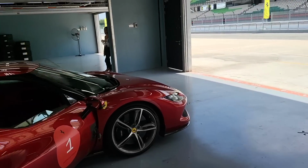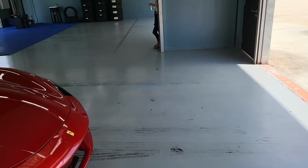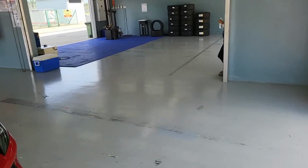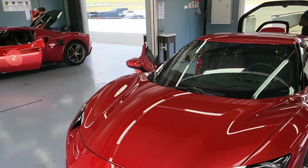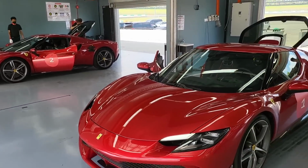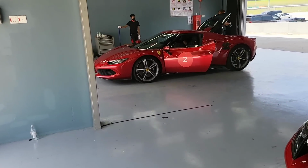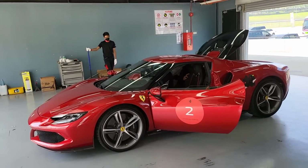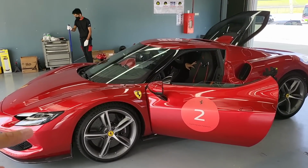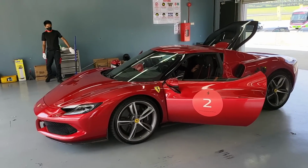First off, let me get this off my chest. It doesn't feel like a track car. If you're expecting this car to behave like a Porsche GT3, no, it will not. It's not a Porsche GT3, it's not a GT3 RS kind of car. It is a daily supercar with hypercar power that can do track days comfortably, and you get a very good time